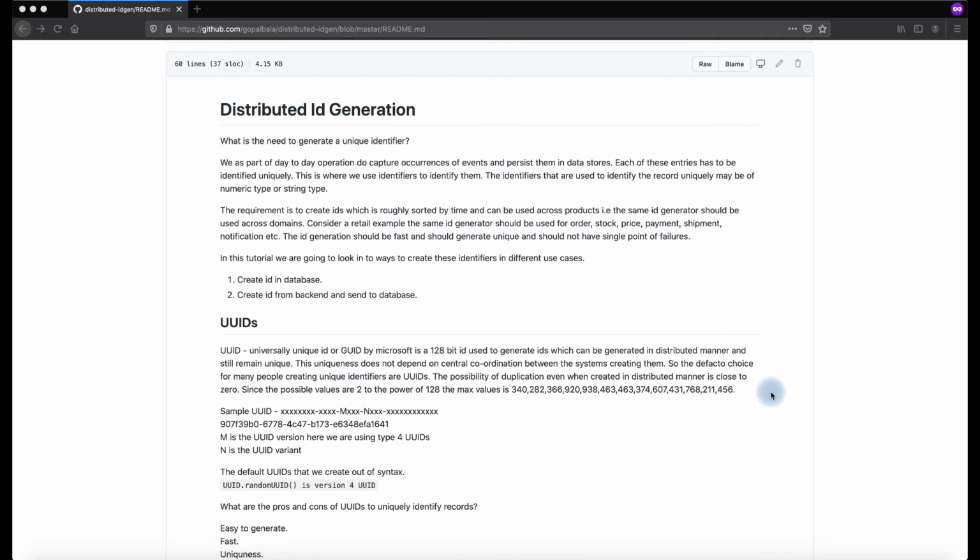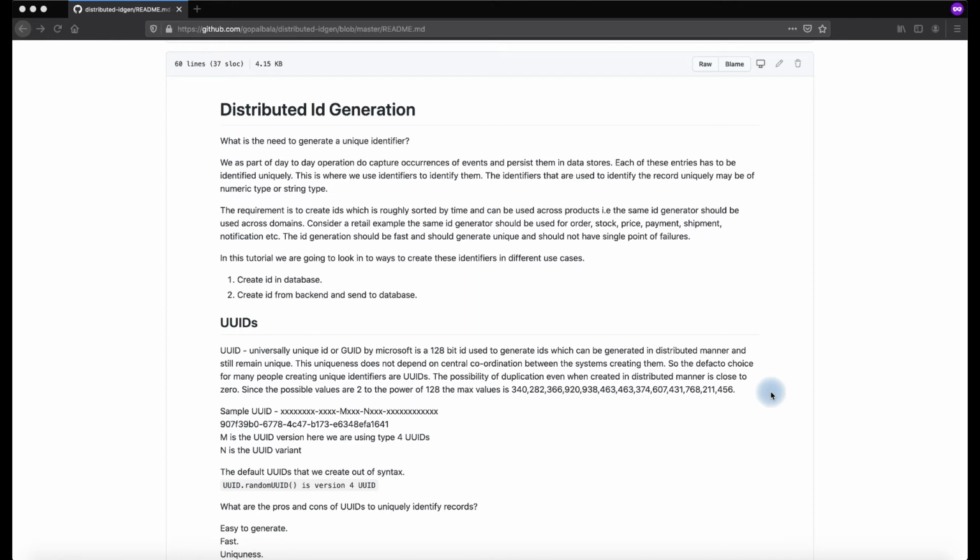It is important to understand this concept because as part of our day-to-day life we would be persisting a lot of domain entities into our database, or we will be receiving a lot of events which we might need to persist.